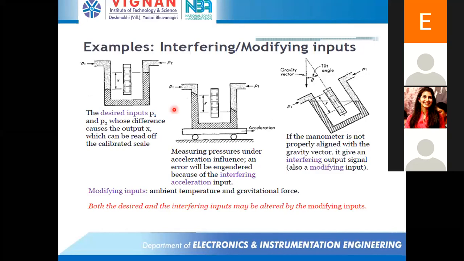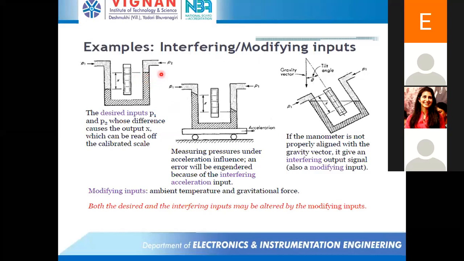In your thermometer, what are you using? A clinical thermometer uses mercury liquid. Am I right? There, what is the principle of mercury? As it is exposed to a change in temperature, the mercury level will change. Am I right? So in the same way, here also, as the temperature changes, the mercury level also changes.